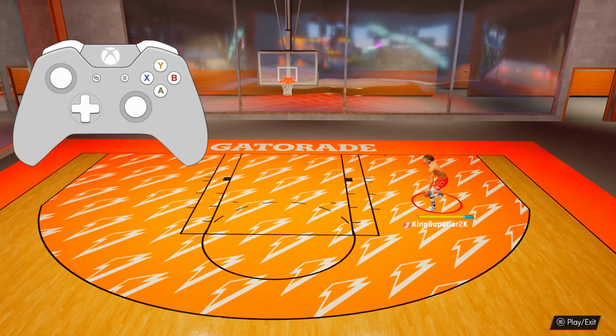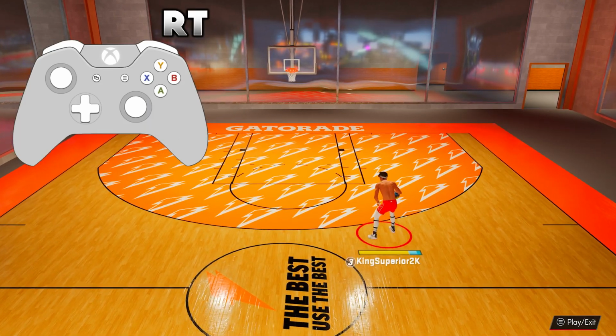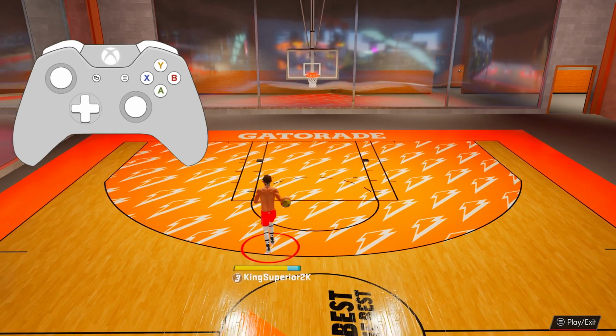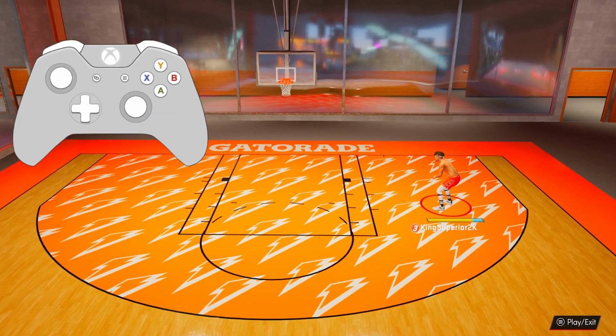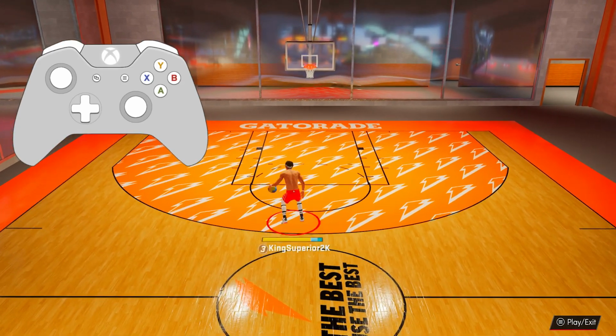If y'all play 2K17, this was a glitchy move to get people stuck on you, stuck behind you. You can do that, you know what I'm saying, and then they're stuck on you. Now let me speed boost out of it, bro, because I'm kind of slacking. You can do it, and then you can speed boost out of it just like that. Okay, but yeah, so to do this move, this is basically